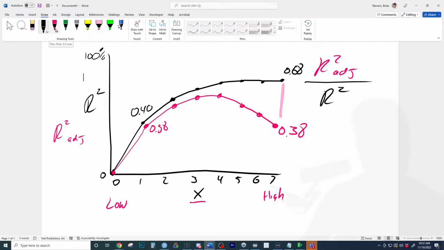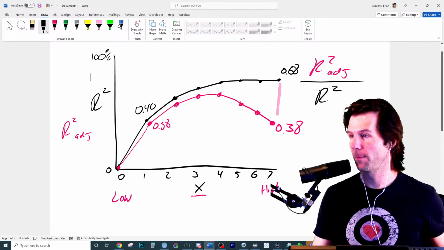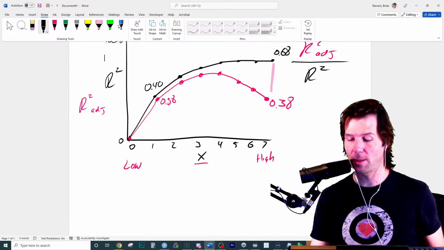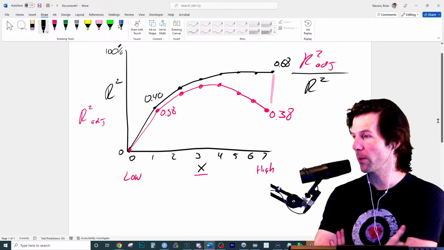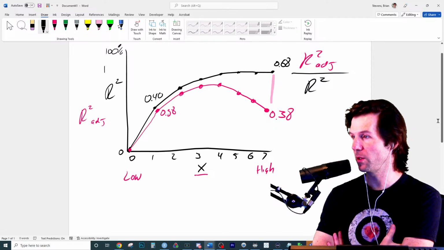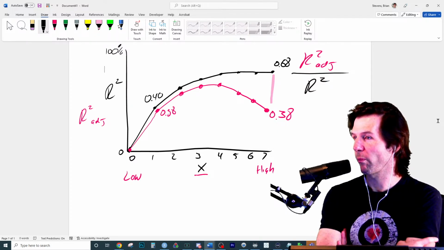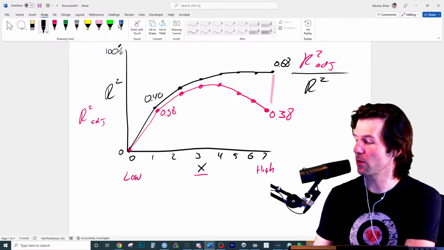So if you want to pick how many x's to put in your model, you should probably look at the what? One way of doing it would be to look at the what. If you want to pick how many x's to put in your model, should you look at r squared or r squared adjusted and try to find where that's optimized? Would you look at r squared or r squared adjusted? Which of those would you look at? Oh, we should have marked this r squared adjusted.